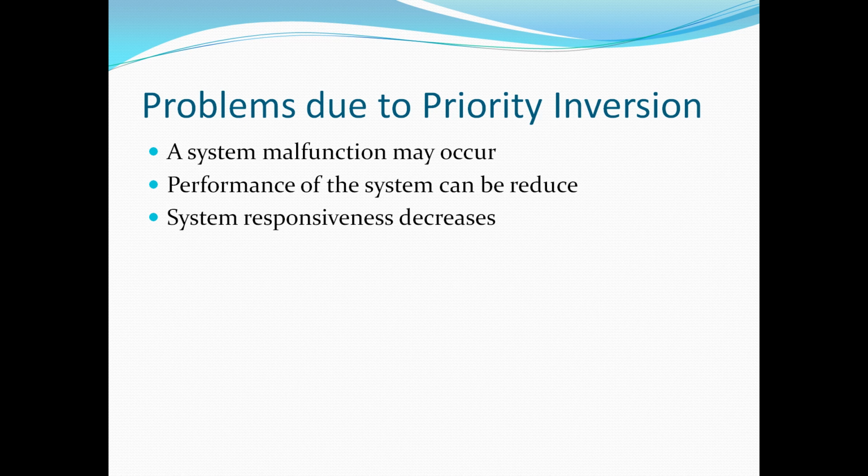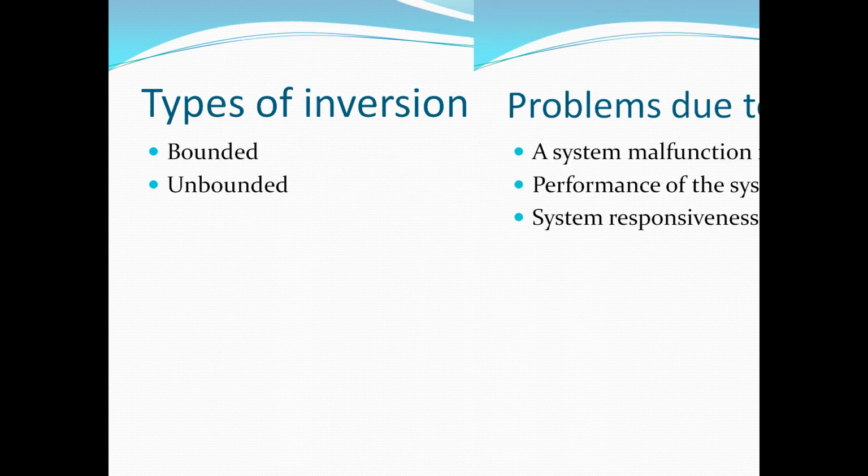But at the same time, sometimes there is no harm caused by priority inversion, as the late execution of the high priority process is not noticed by the system. So these types of problems occur due to priority inversion. In general, we can say that priority inversion is a problem. Now as it is a problem, there might be some solutions to avoid the priority inversion problem.